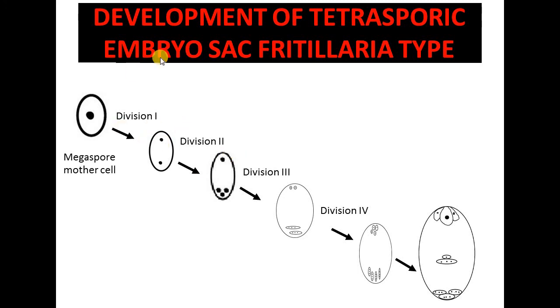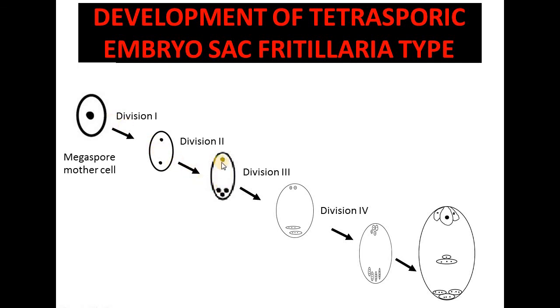You can understand this in the diagram. First, when the megaspore mother cell divides by meiosis 1, it will produce 2 nuclei. You can see there is no dyad formation because no cytokinesis is going on, no cell plate formation. That means the division happens, but the cells are not divided. The cell remains a single cell, but the nuclei increase in number. So from 1 to 2 nuclei as a result of division 1. This is meiosis, but no cell formation, only nuclei increase because no cytokinesis is going on. So from 1 to 2 and 2 to 4.